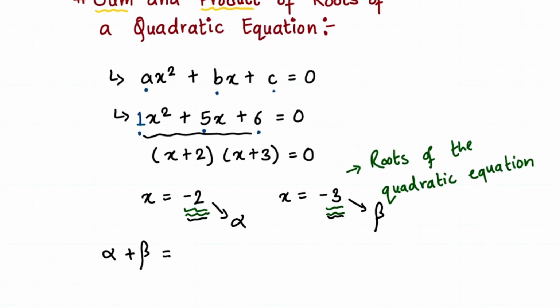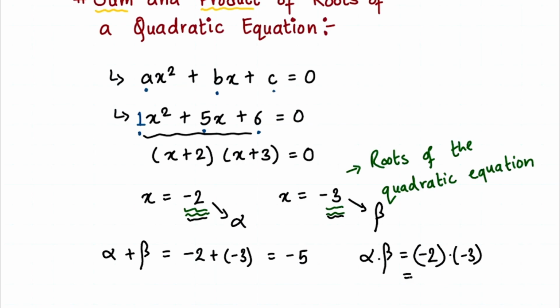So we are just adding the two roots, or two values of x. We'll get minus 2 plus minus 3, which is minus 5. And when we are talking about the product of the roots, we are talking about the product of the two values of x, which would be minus 2 times minus 3, which is equal to plus